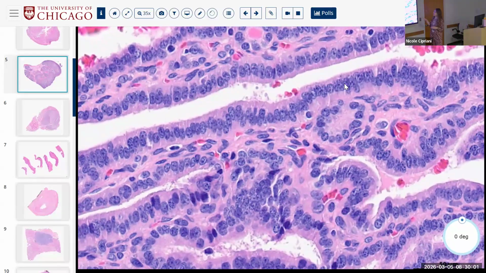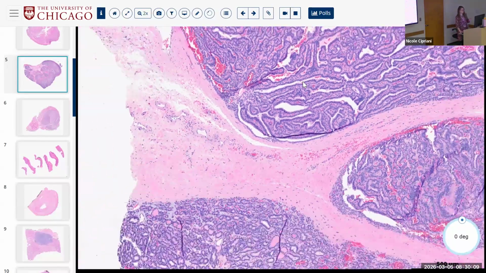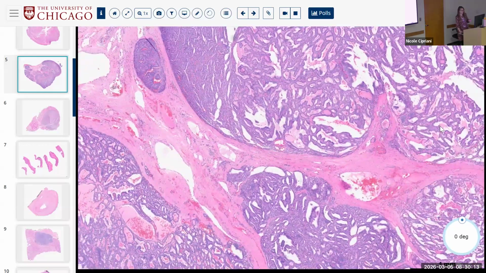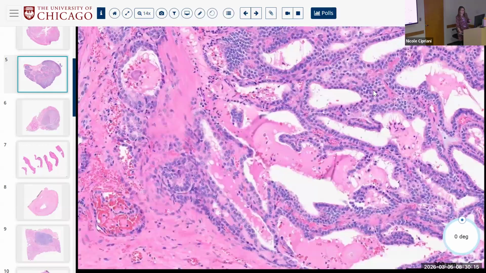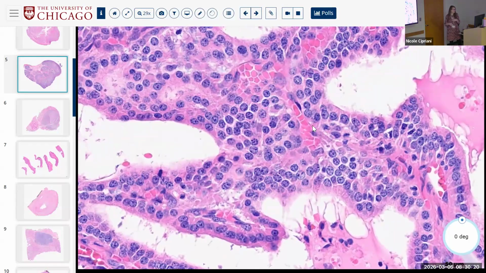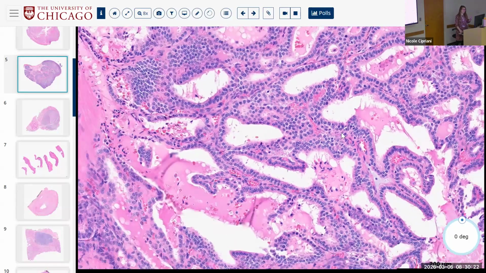The nuclei are very round, maybe focally elongated, but still very plump, right? Not the conventional type of nuclear changes we might want to see for something that's other than just follicular, right? So in this case, it's a very good example of just a bland follicular pattern, nuclei, right, on the background